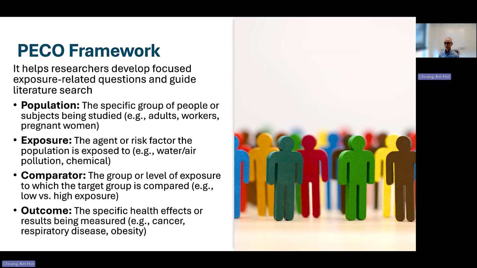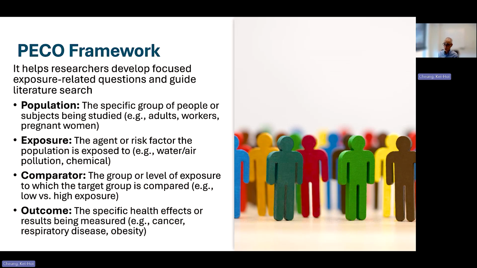For population, it helps people think about what type of study population is of interest. For example, an adult population, or people interested in occupational research may be looking at workers of a certain occupation, or for pregnancy outcomes, the pregnant woman population would be relevant.